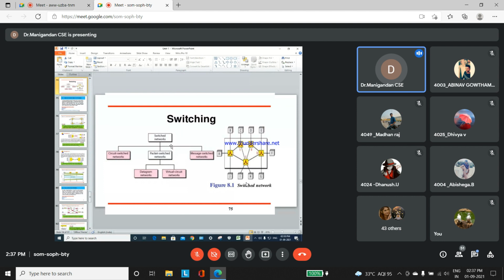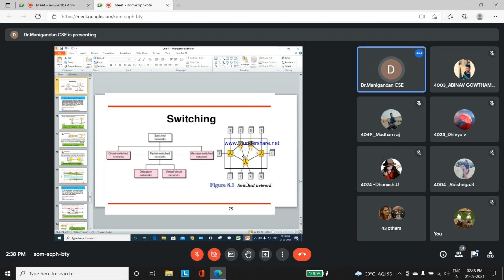Here in the diagram, see the right hand side diagram, the switched network. A is one node. By using the router or switch, it will be connected to B, and alternately connected to J. In the topmost layer, the nodes are B, C, D, and E, and finally F is an end point node towards A and F. In the bottom layer, the nodes are G, H, I, and J. Each node is connected based on the switches, the first one is connected to